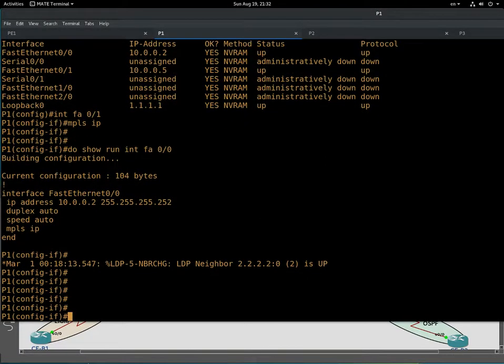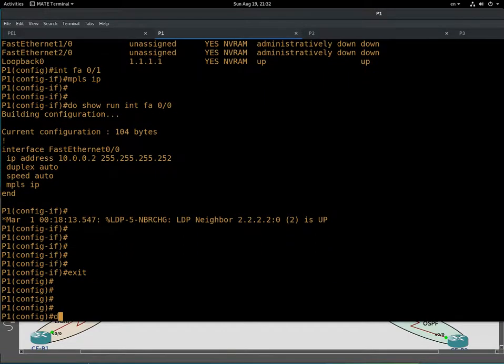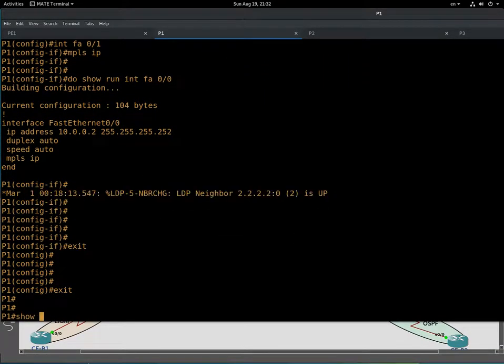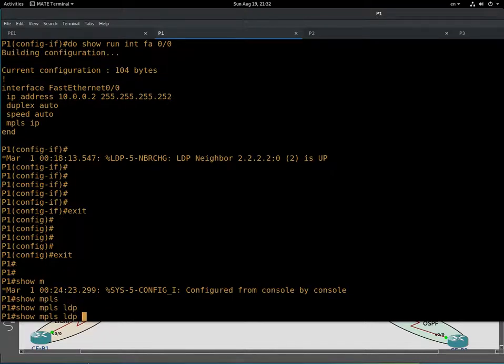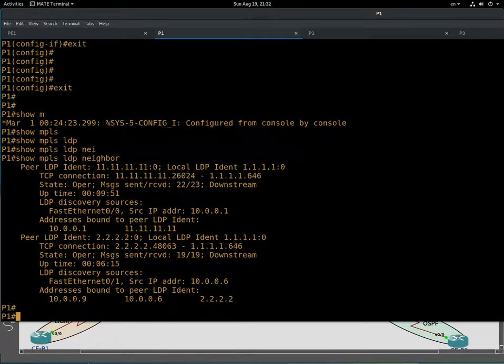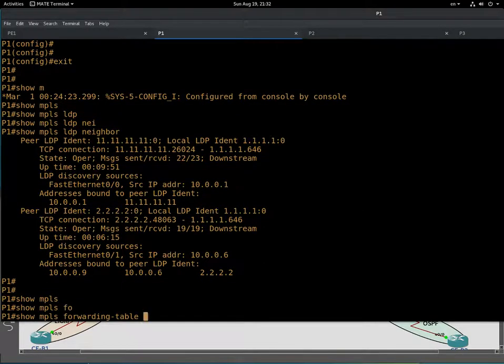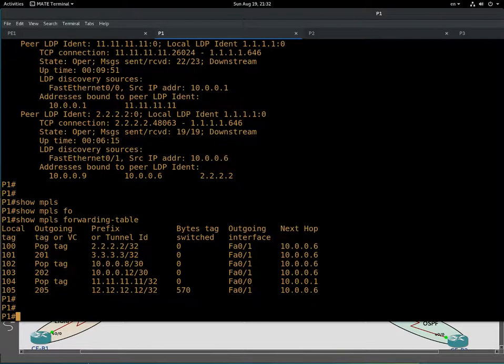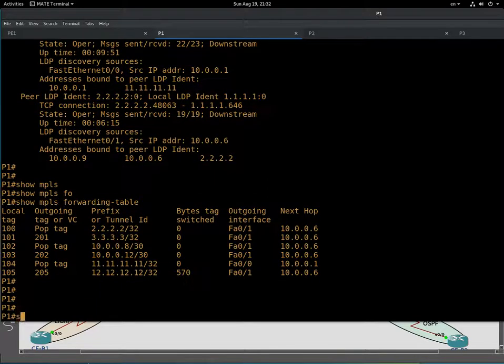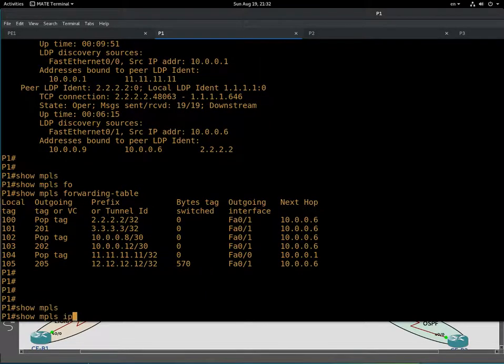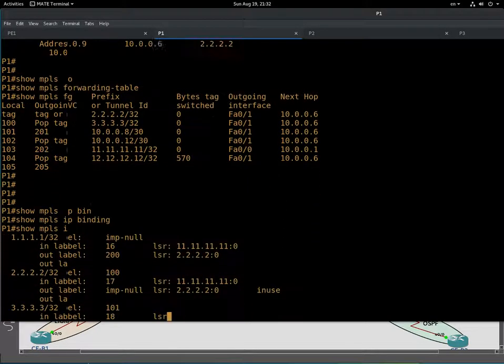On the P1 device, let's show MPLS LDP neighbors to check the neighbors, show MPLS forwarding to check the LFIB forwarding table. Okay, and the P1, as a provider core, deals with the swapping of the labels. And the other command, show MPLS IP binding, to check the LIB or